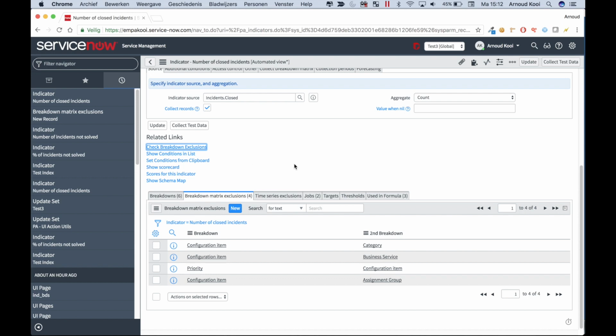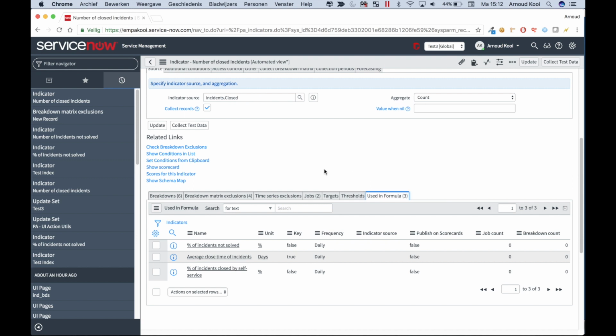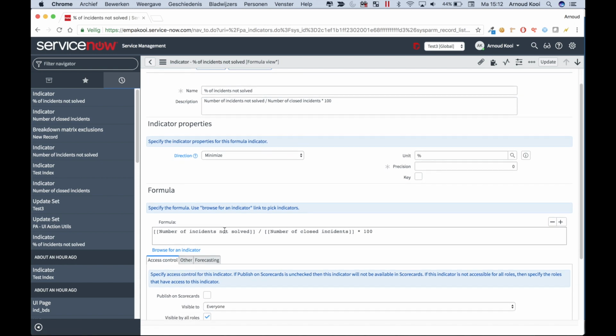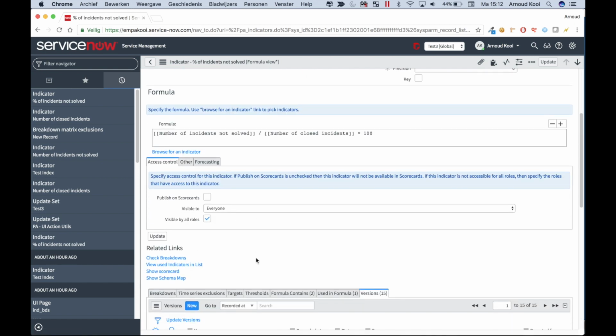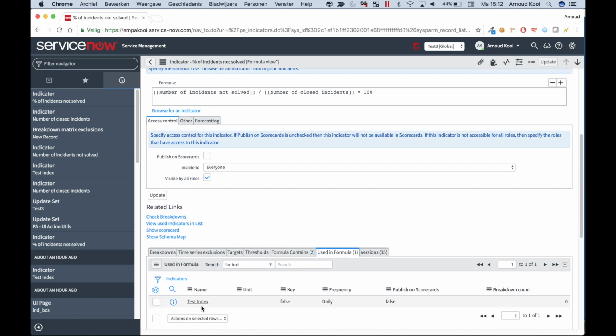Now I have two minor improvements. This is an automated indicator, and now you have a related list used in formula. In this related list you see in which formula indicators this indicator is used. So it's this one. And this is a formula indicator which on its place is again used in another